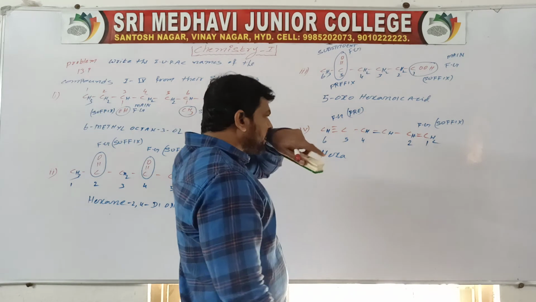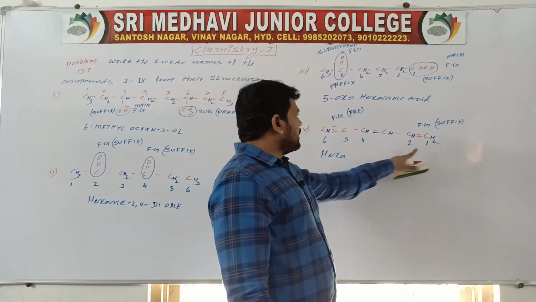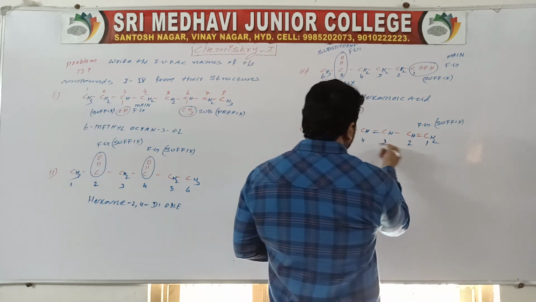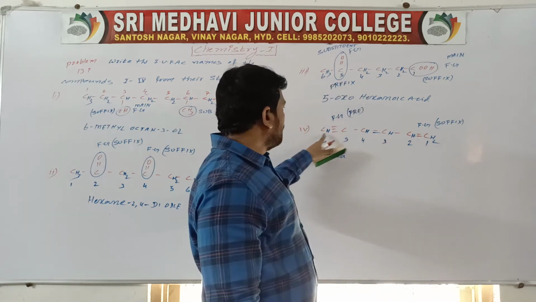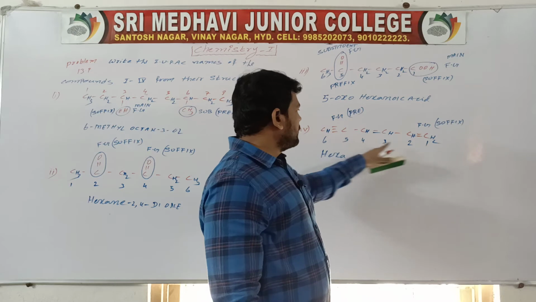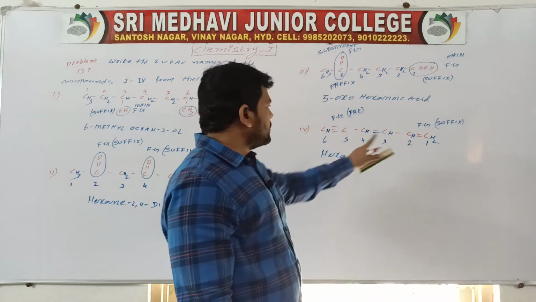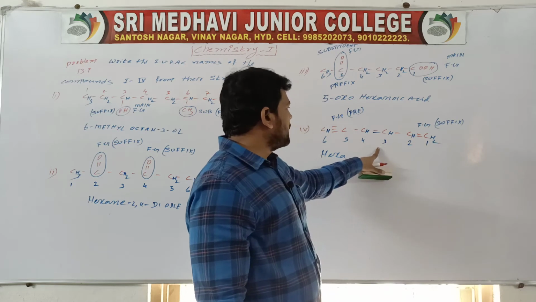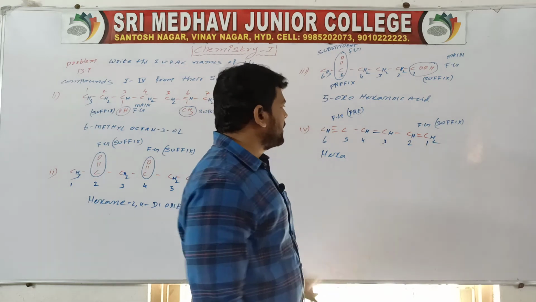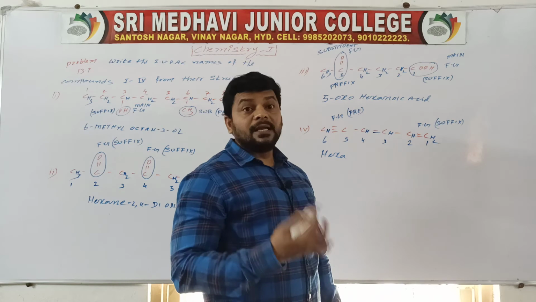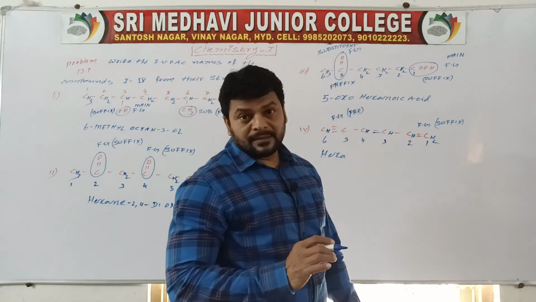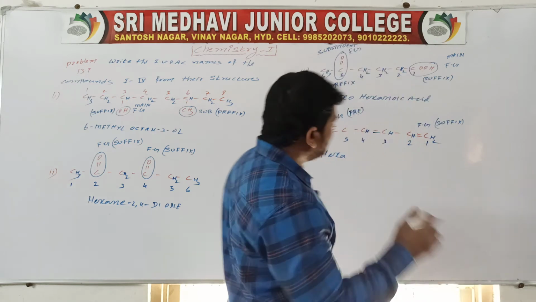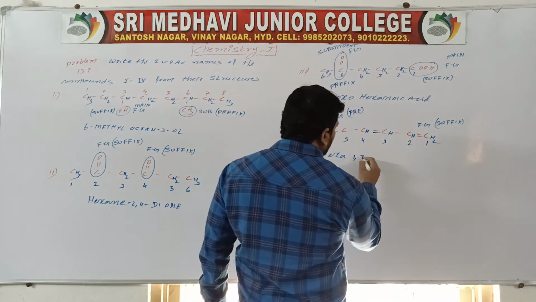Then it is the numbering we have to give from this side. 1 2 3 4 5 6, 1 2 3 4 5 6. So it is the numbering. First carbon containing a double bond and second carbon containing a double bond. So what I mean to say, 1 comma 3 diene 5 yne. 5 yne. See here, check. Hexa 1 comma 3 diene.